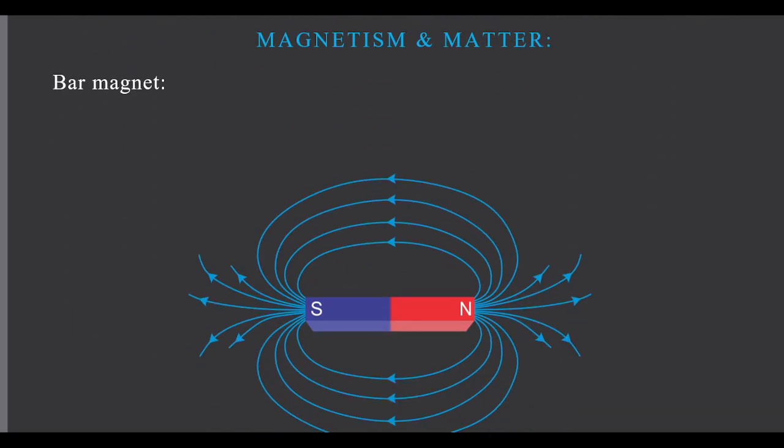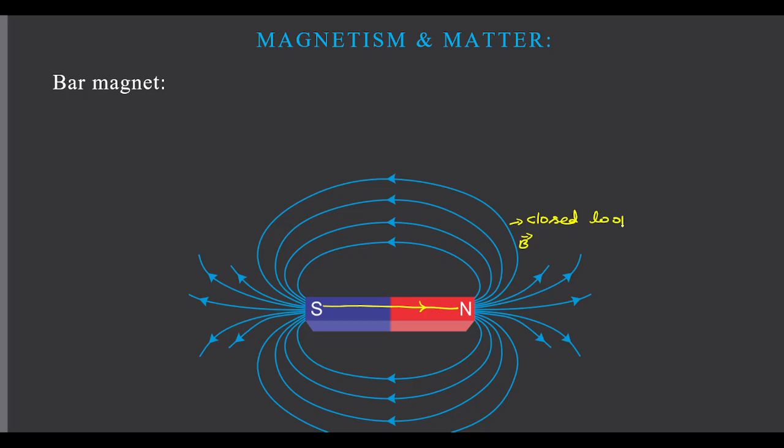So first of all we have a bar magnet. A bar magnet consists of two poles, one is the north pole and the other one is the south pole. There are magnetic field lines, represented by B. They are directed from north pole to south pole outside the magnet, and from south pole to north pole inside the magnet. That's why we call magnetic field lines closed loops. They form closed